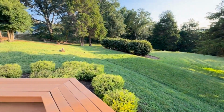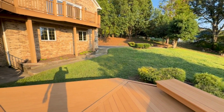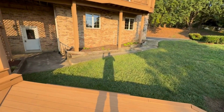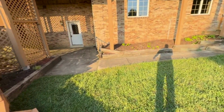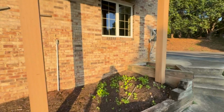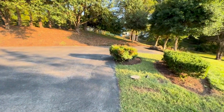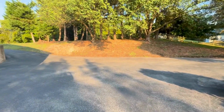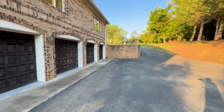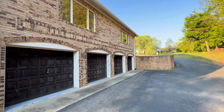It's kind of rolling hills, kind of plush, and you're still in a community, but you don't see the other homes, right? So it's a really nice spread out area and home for you, whether it's just you and a loved one. Even if you have kids, there's plenty of room. There are 4 garages in this home, and